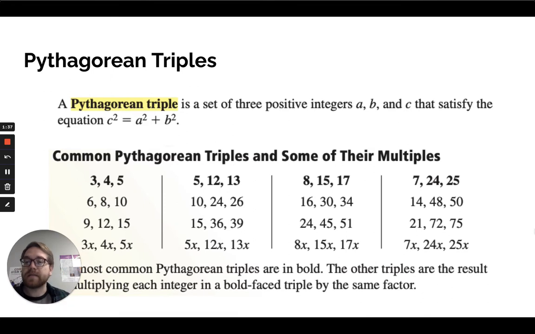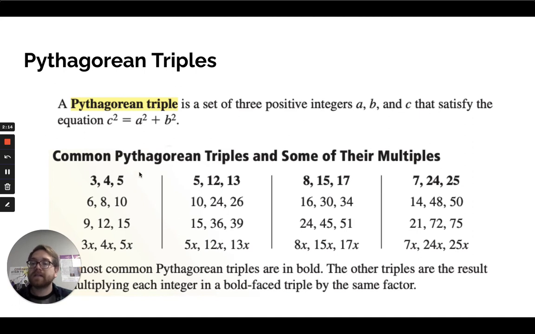Something also to note is something called a Pythagorean Triple. As I said, right triangles are really common. And so we understand that there's a lot of patterns when working with right triangles in the Pythagorean Theorem. And what you're seeing here are what we call Pythagorean triples, which is just three numbers, the lengths of each of the sides of the triangle, that all satisfy that Pythagorean theorem, c squared equals a squared plus b squared. So like if we look at this first one here, 3, 4, and 5, those are each a side length of a right triangle,